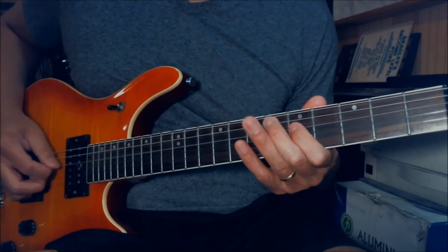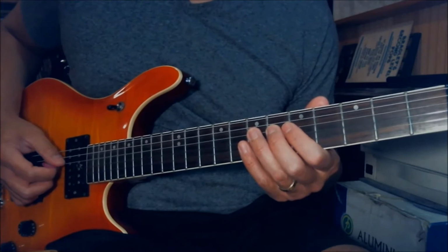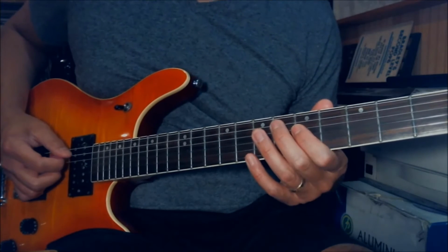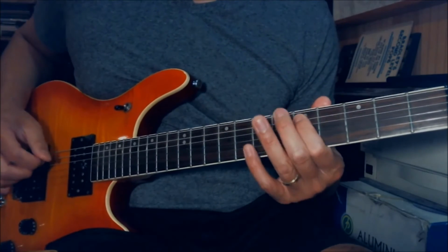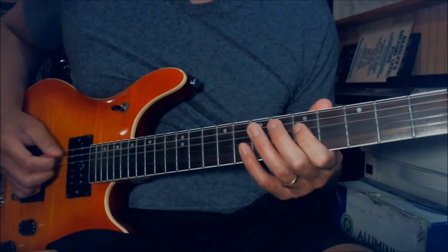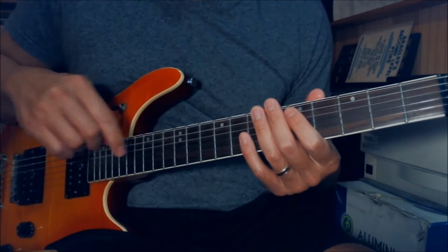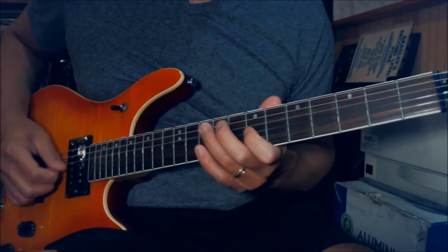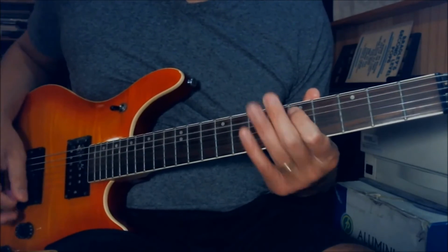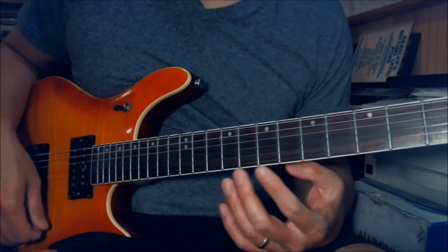A6 and D5, A6 and D8, D6 pull off on 5th fret and then play 6th fret on the A, and then D6 again pull off on 5th fret, and then A6 and A5. Again, every time you play the A6, you mute it, everything else just play the note. So that part is against the 10th fret on the first guitar part. So that's the instrumental section in the middle. And after you finish that dual guitar harmony,